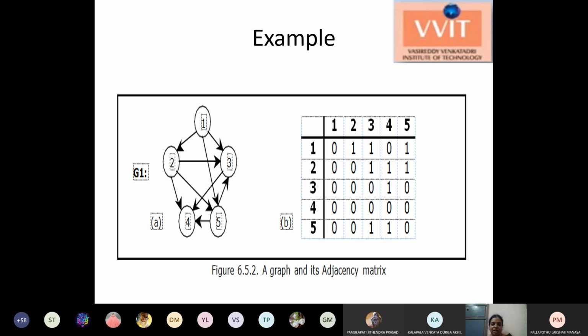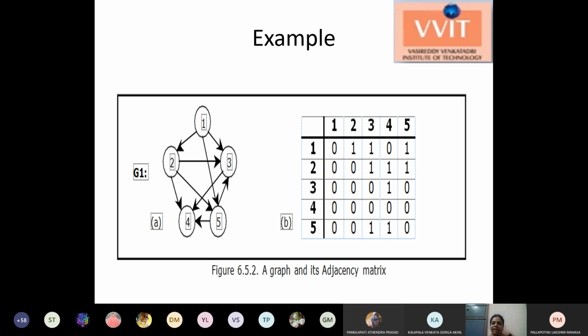Two vertex has adjacents 4, 5 and 3. So two vertex has adjacents to 3, 4, 5. These three are marked as ones. Three vertex has only one adjacent, that is 4, because from 3 you have only one edge, to 4. The remaining three edges are from other vertices to the 3 vertex. So 4 is called the adjacent for 3.